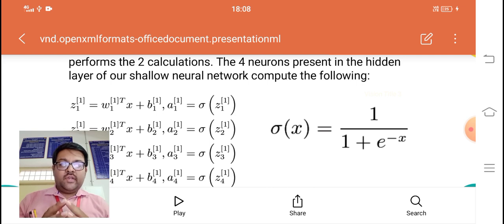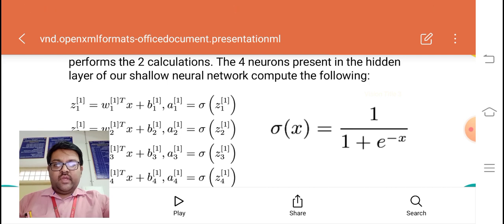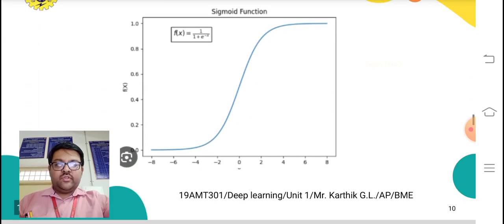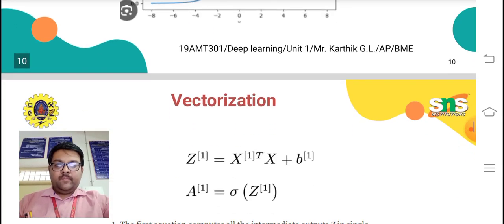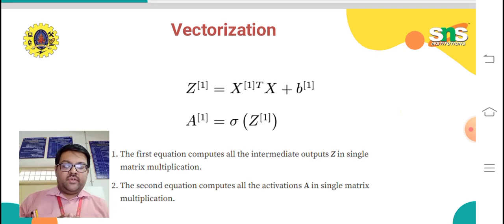For that purpose we consider Z and A as vectors. That is called vectorization of Z and A. We have already discussed the sigmoid function in the previous class. So this is vectorization. Instead of writing Z and A for each and every neuron, we write it for